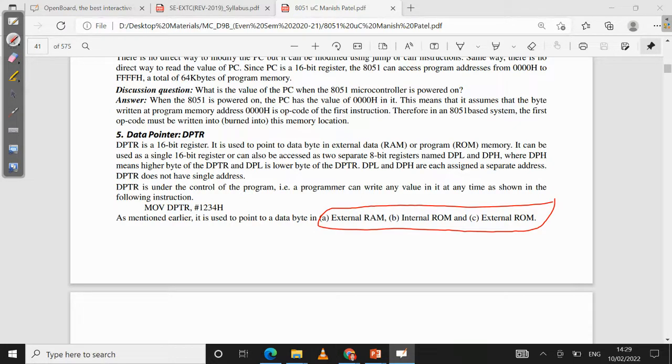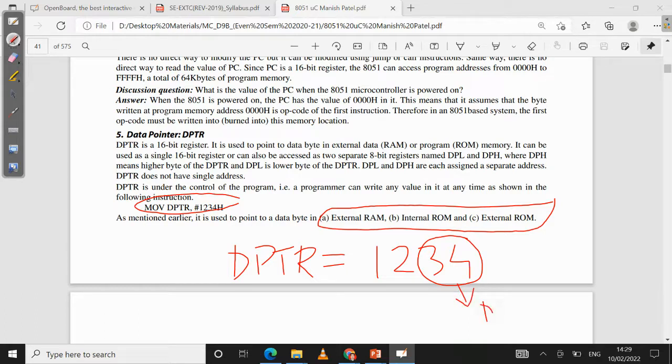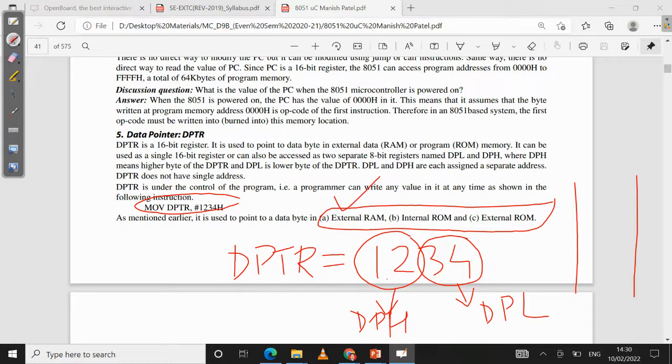Let me give an example here itself. If I'm using the instruction MOV DPTR, #1234, it means your DPTR will have the value 1234. It also means that 34 is in DPL and 12 is in DPH, the data pointer higher order and data pointer lower order. So when your DPTR is 1234, it will be pointing either to the external ROM or to the internal ROM or to the external RAM,